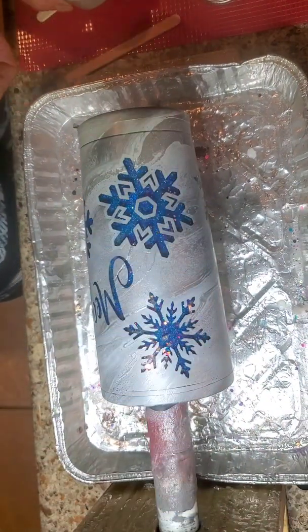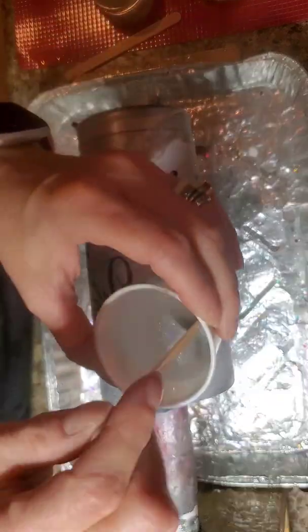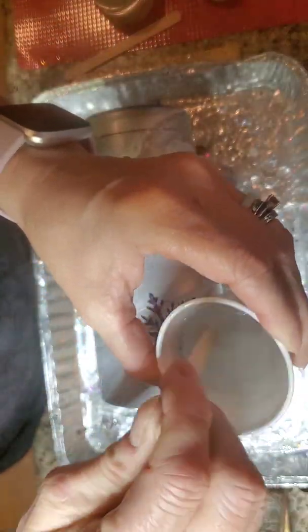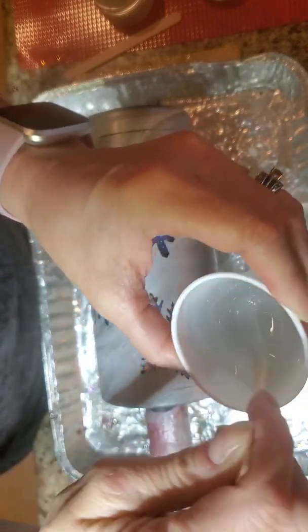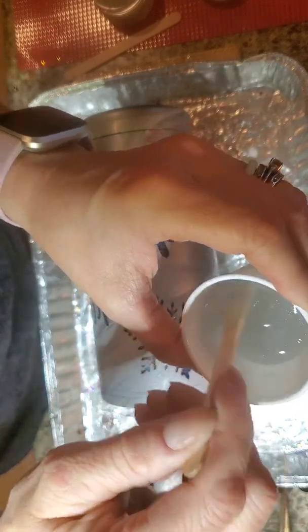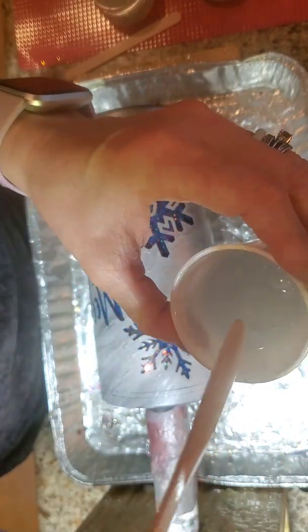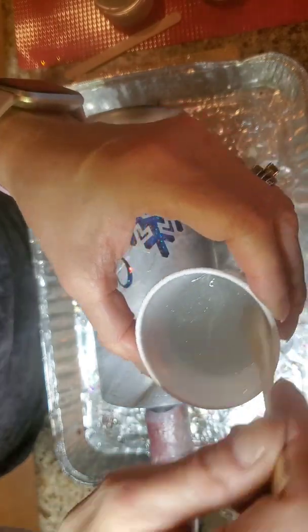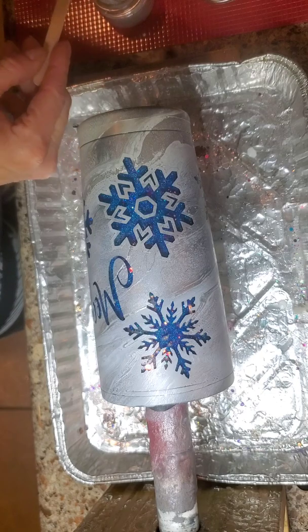I just messed that up, but okay. And then I'm just going to add it in there. I don't need this much. I just realized I messed up because I was going to split this epoxy in two so that I could do another cup that's waiting. So now I'm just going to waste epoxy, but meh, it's all right. But now because I have quite a bit more,